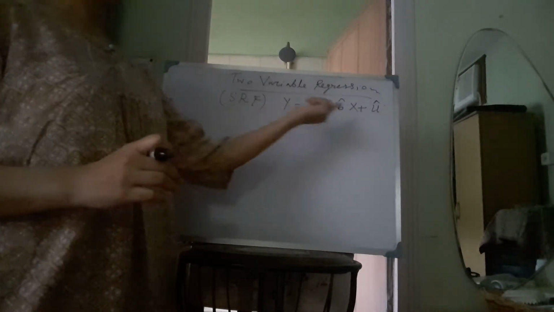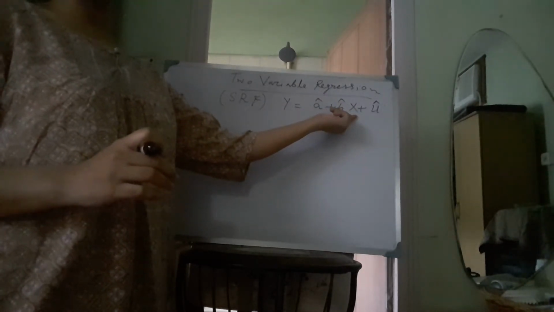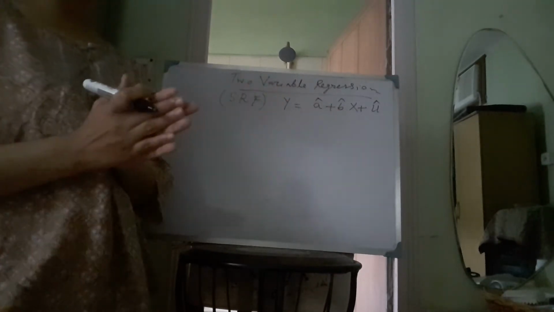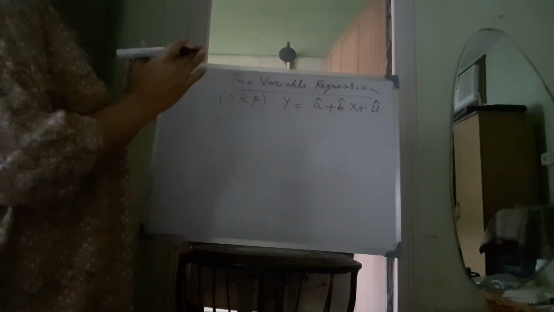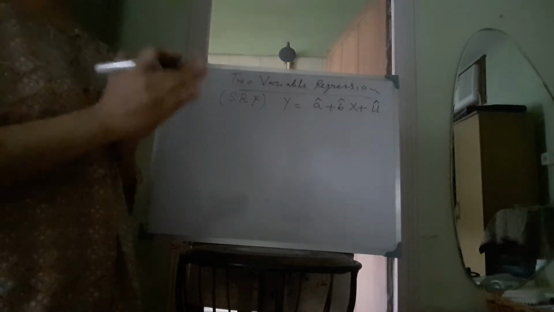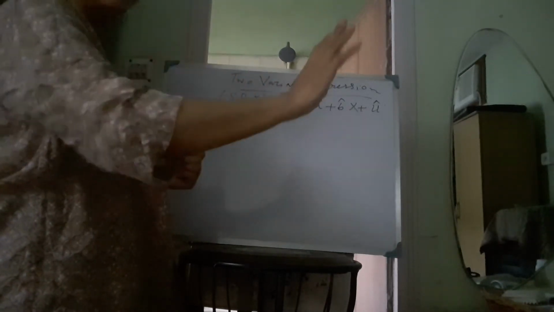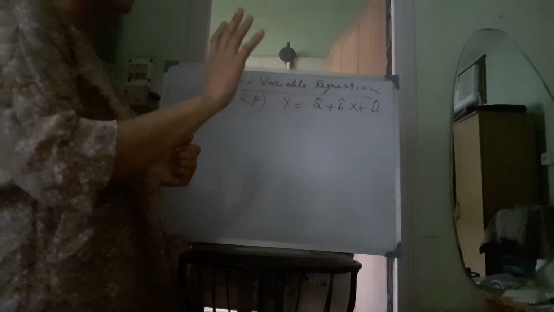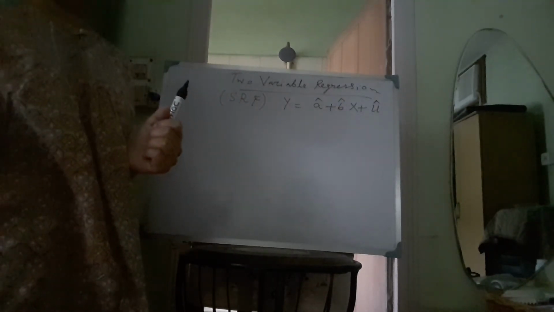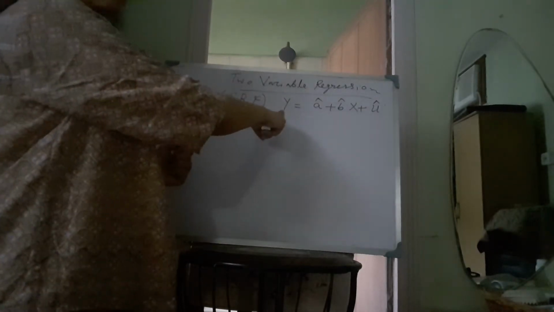One is the dependent variable and the other is the independent variable, and we are not working with any other variable. Suppose we are considering the consumption function. We are trying to predict whether income has any effect on consumption. In that case, income is our independent variable and consumption is our dependent variable, and there is no other factor that we are considering in our analysis. So that is why this is called two variable regression.